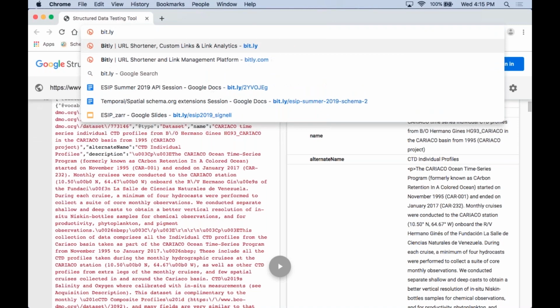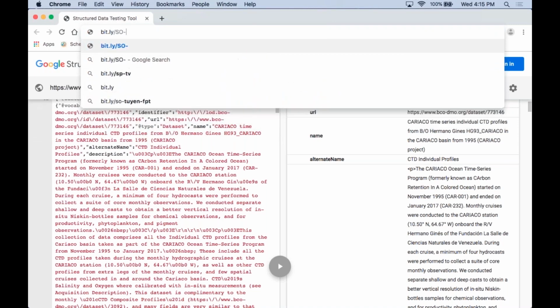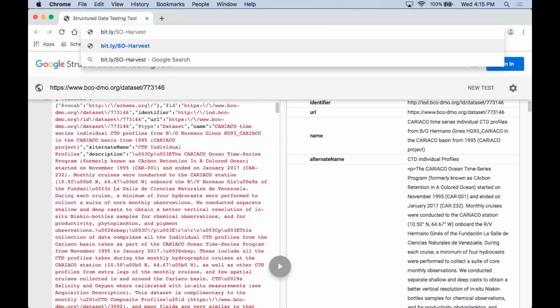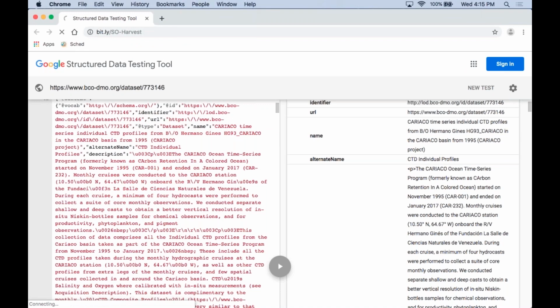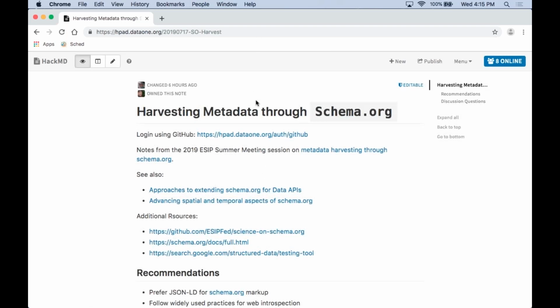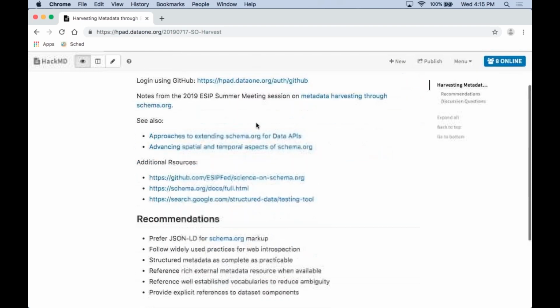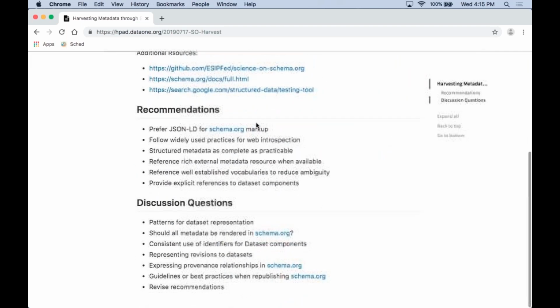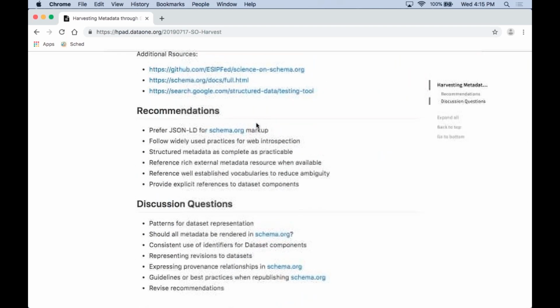So to summarize the recommendations, the first one is, I think it's a general recommendation, that JSON-LD should be the syntax used for encoding the schema.org markup in the landing pages. Next, it's really helpful if